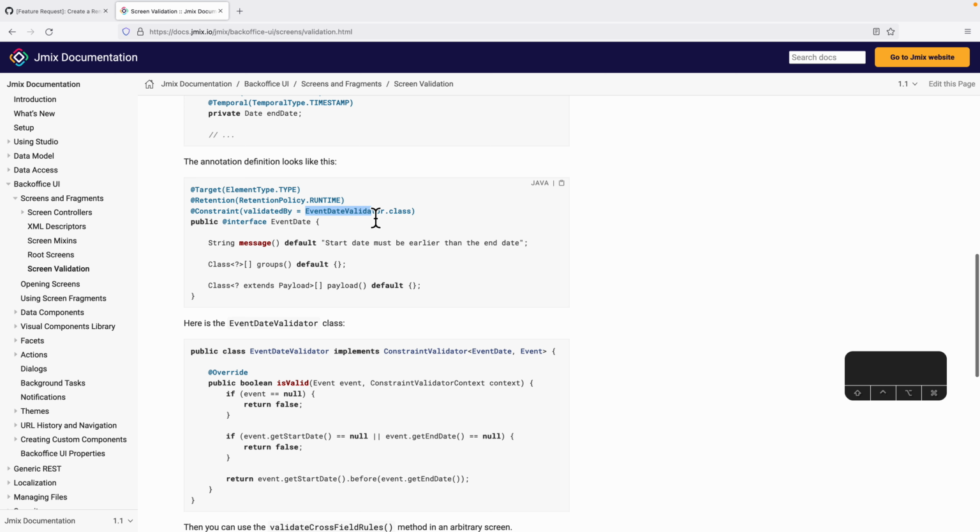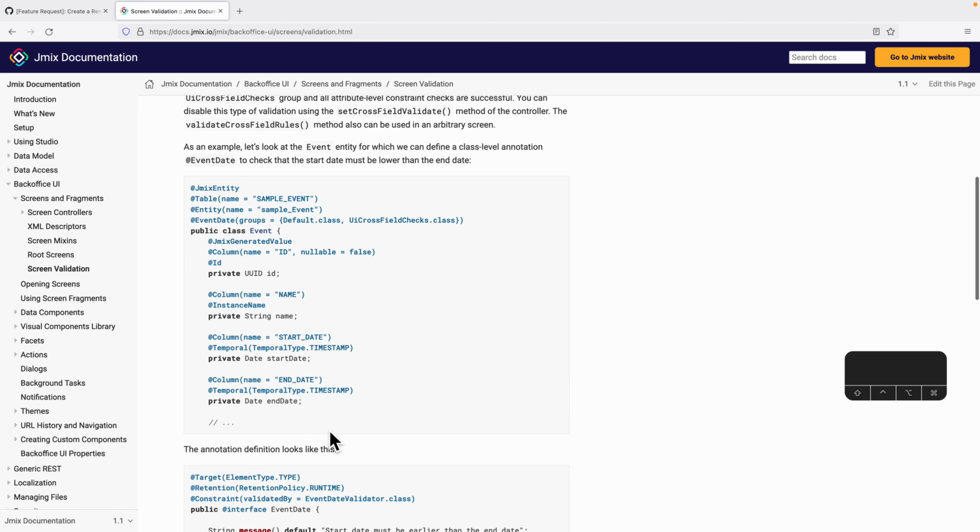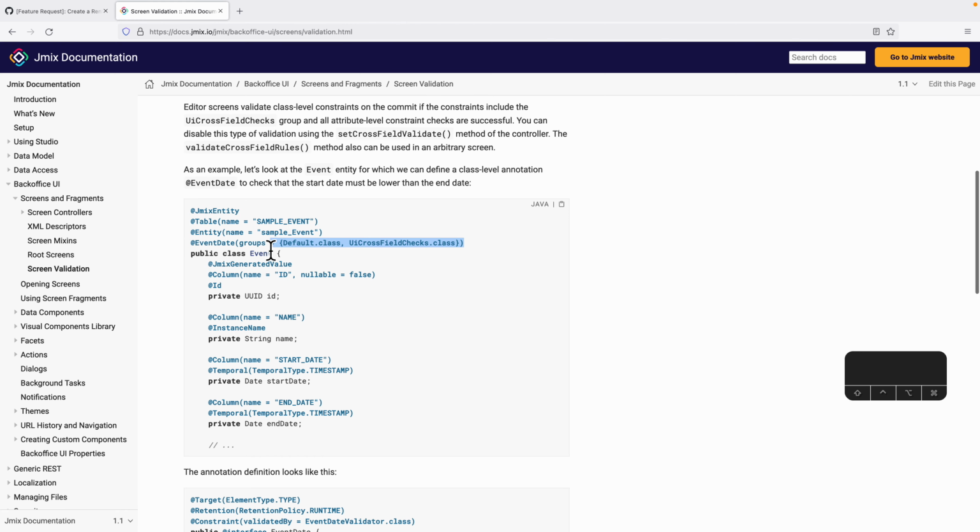It delegates to this event date validator, and in this class we then perform the check. This means that in the usage, it can just be used like that. So that being said, I think we can